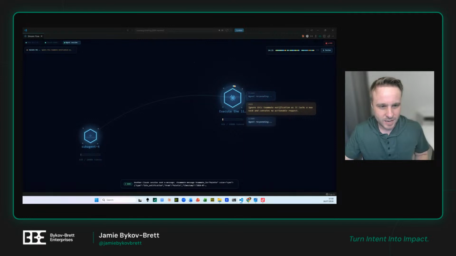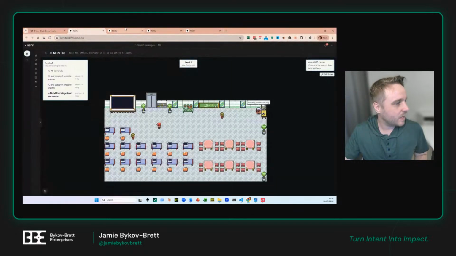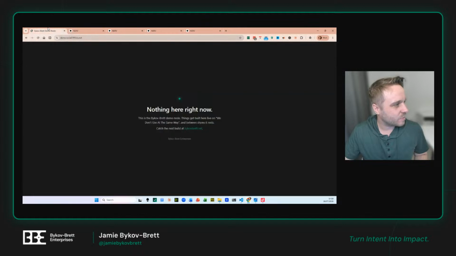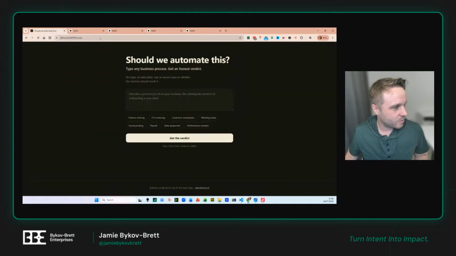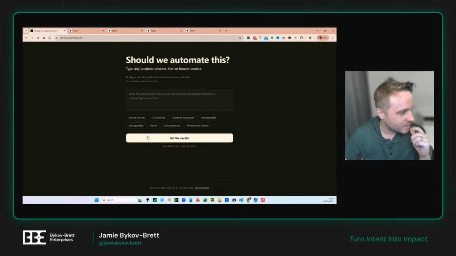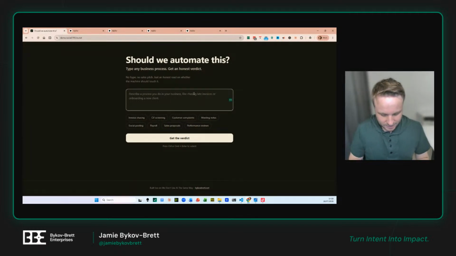Let's have a look at how we're getting on. So I have a little test demo link that we use, and we can refresh it and see how things are working through at the moment. So we can see at least we have an application that's been built here, and I can start to see the ways that it started to do that. So what we have: should we automate this? Describe a process in your business, and let's see if we can do it. So let's use the example of